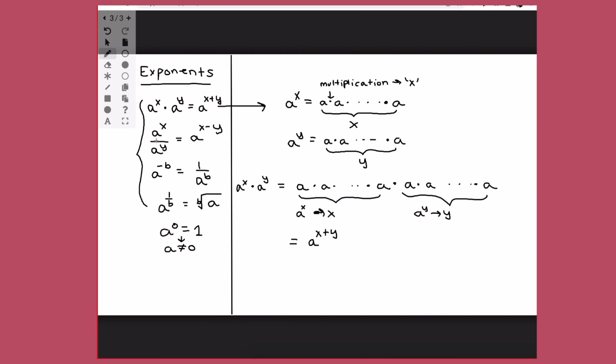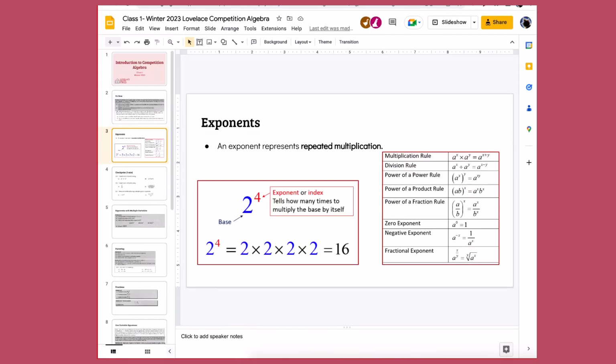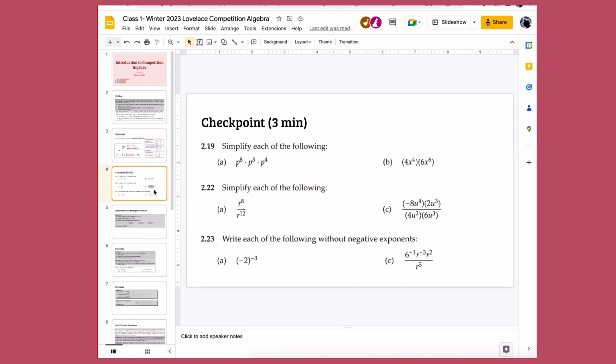Okay, so I'll let you guys try the rest out after class, but for now, we can look at some exponent problems. Okay, so I'll just work out 2.22c and 2.23c on the board. So 2.22c